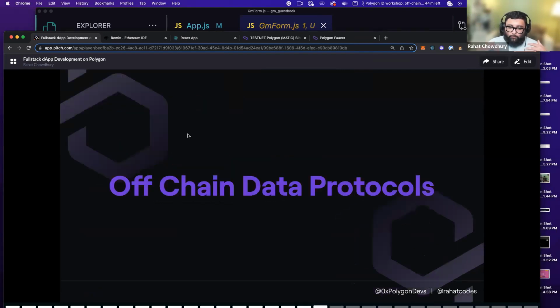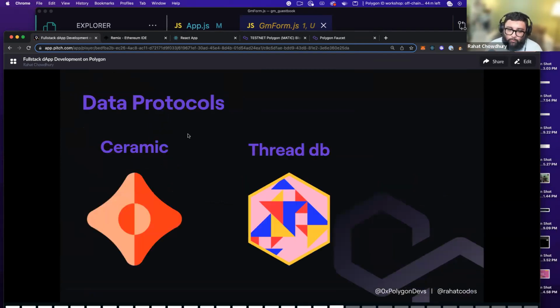And then, eventually, you might have some off-chain data protocols, which are really cool. Ceramic and ThreadDB. Not everything can always be saved to a smart contract. That can get very expensive, even on something like Polygon. Some data maybe doesn't need to live on the blockchain. Maybe you have data about certain profiles or users. These are good ways to add that type of data, versus adding a traditional database into your